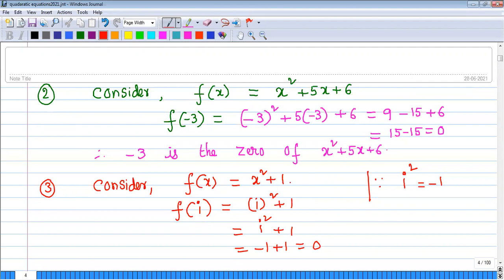You remember? Because this question may be asked in 10th class final examination. Does x² + 1 have real roots or not? You need to check. That can be checked using the nature of the roots also. Leave it, that's a second matter. But this is a basic concept. As per the basic concept, if you replace x with i, the imaginary unit, you will get 0. So as per the definition, we can say that i is the zero of x² + 1. Right, clear? Yes, sir.